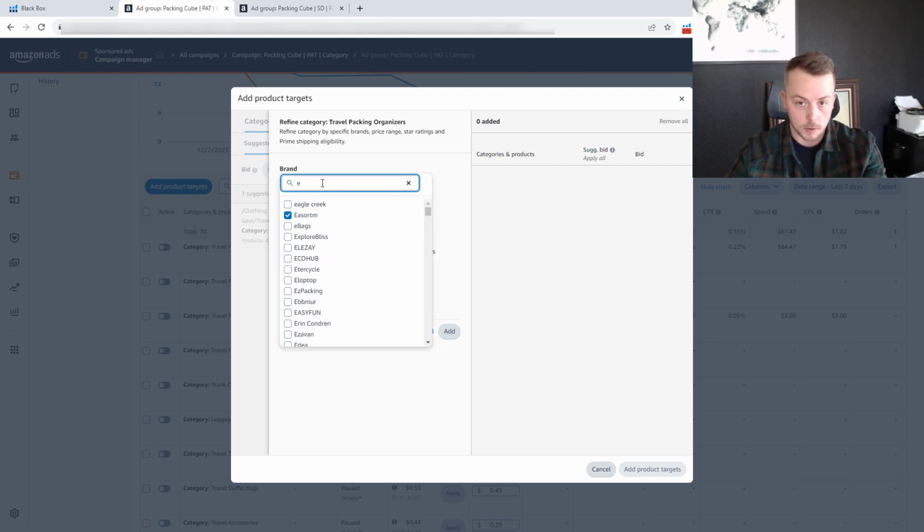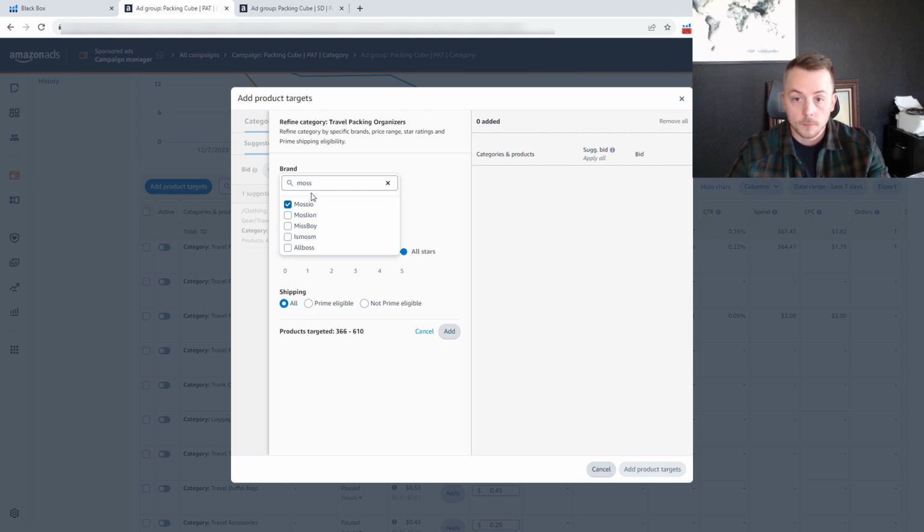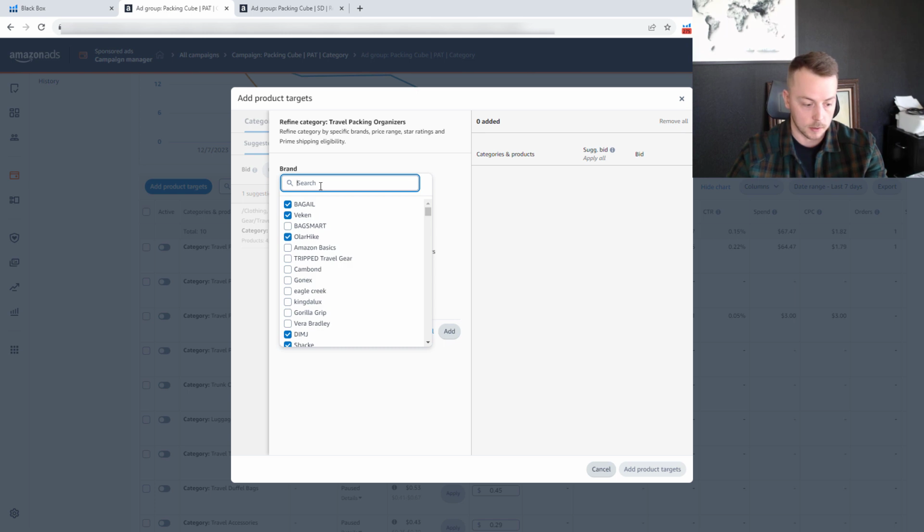Here we are. And I'm just going to go through and add these competitors because these are the guys that are generating the most sales, which means they're probably also generating the most traffic. And what we're trying to do is sort of let them pay for the expensive top of search traffic and try to sort of squeak out any sales we can off their back, essentially, and hopefully fairly cheaply, but namely because